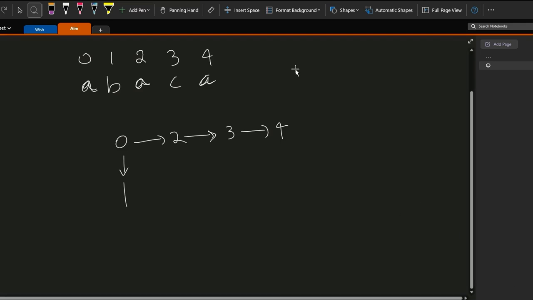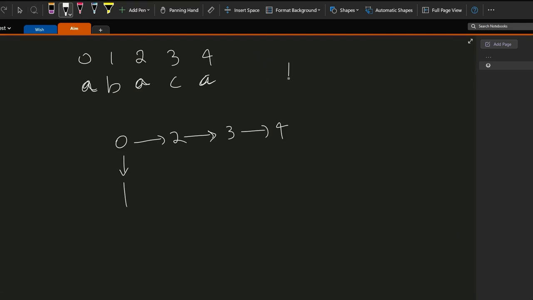We have a problem. You can find it at LeetCode, problem number 1857. So the problem is you have a few nodes. Let's number those nodes as 0, 1, 2, 3, 4. You can have many nodes, but for the sake of explanation, I'm taking 5 nodes. And they are colored. You can have 26 colors, and each of those colors is labeled using a small letter